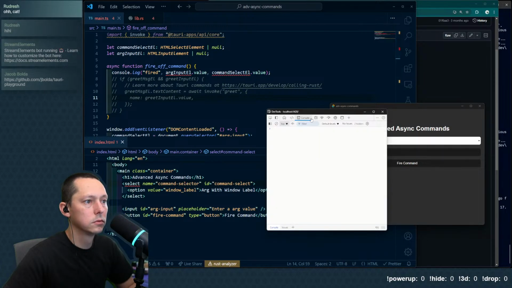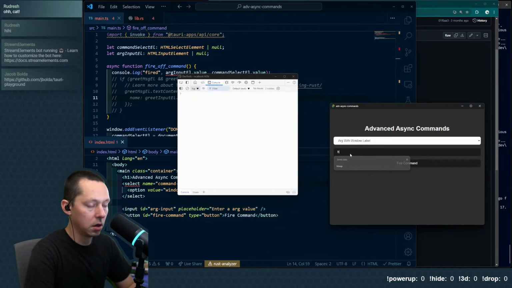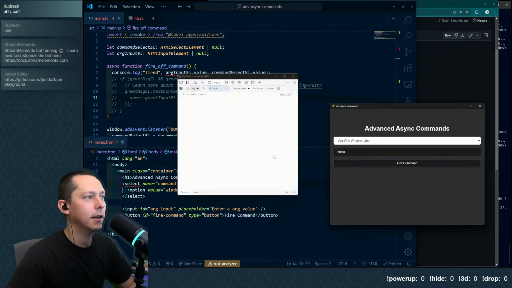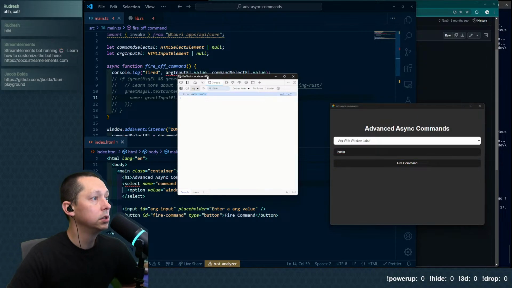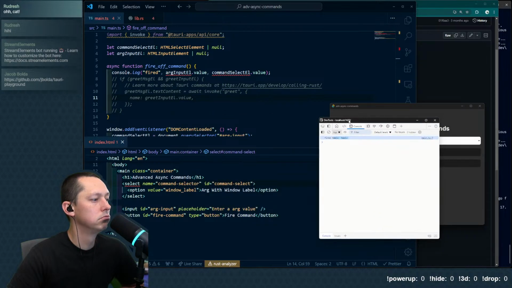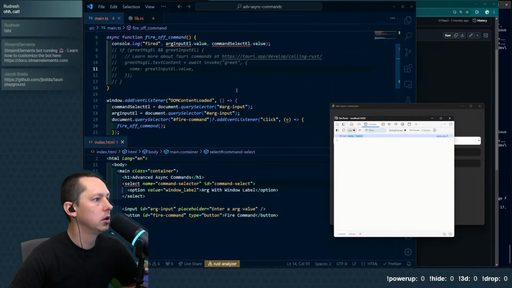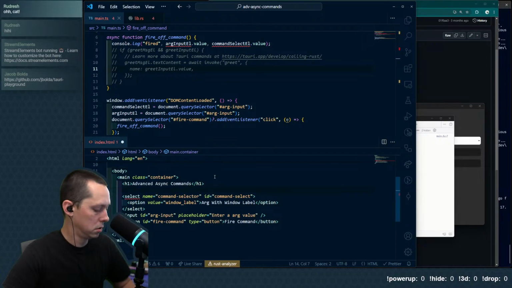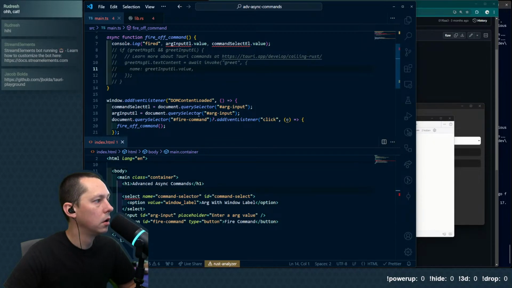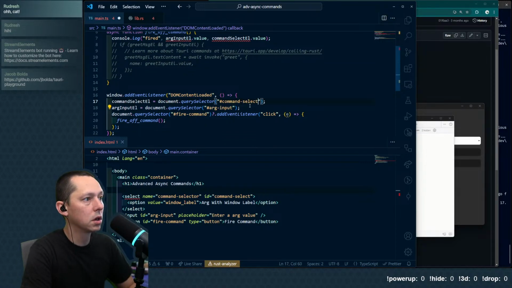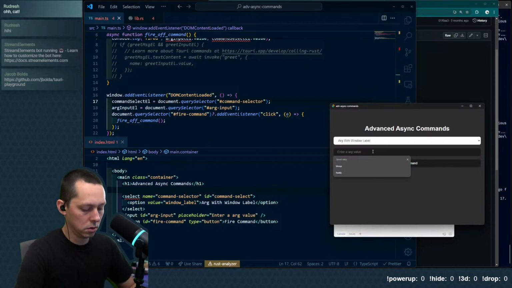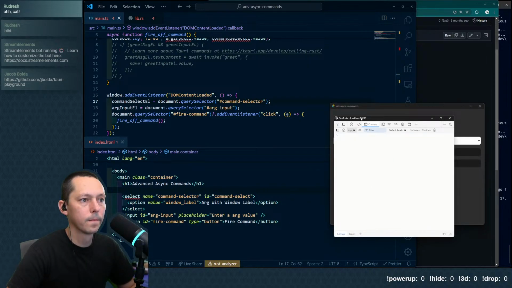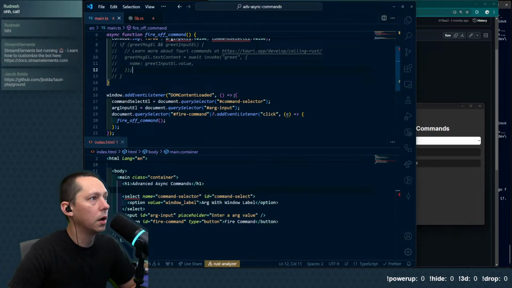Now, hello. Sure. Okay. Interesting. So arg input is going to be, and this is going to be command selector. Command selector. So now, hello. Yeah, okay, that makes sense.